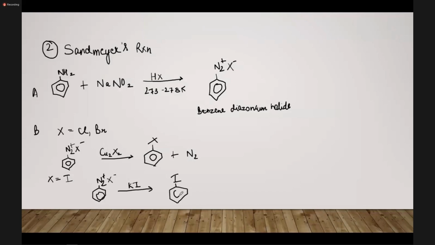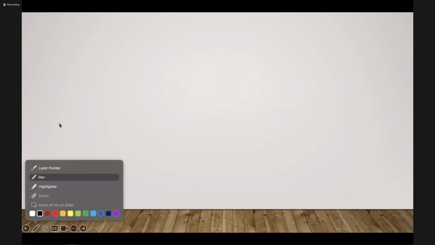So this is our haloarene. Okay. So these are the two steps. The first one is A and the second one is B. So this is the complete Sandmeyer's reaction. Now these were the two methods for the preparation of haloarenes. Now I would like to do some examples, and then we will move on to the physical properties. Okay. So the first example,